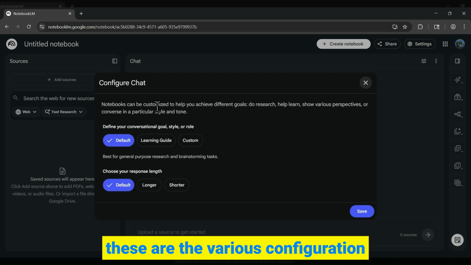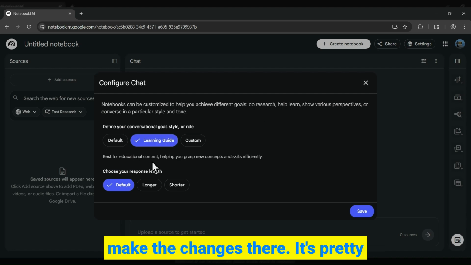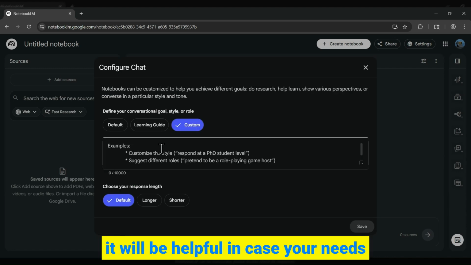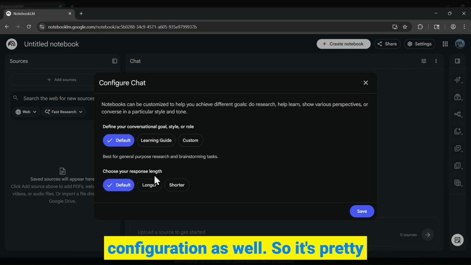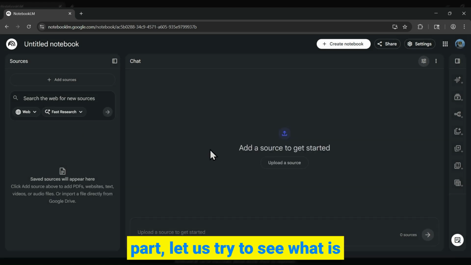And these are the various configuration settings. Based on your needs, you can make the changes there. It's pretty intuitive, and once you start using it, it will be helpful. In case your needs change, you can make the changes in the configuration as well. So it's pretty handy. Once we have understood this part, let us try to see what is